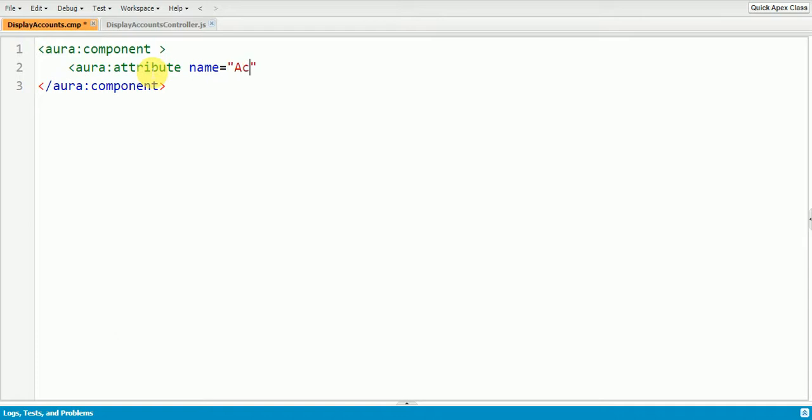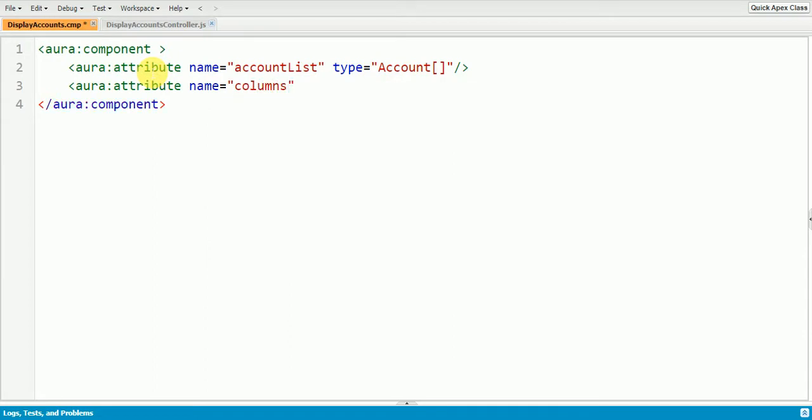The first attribute is accountList and the type is list of accounts, and the second attribute is columns and the type is list.